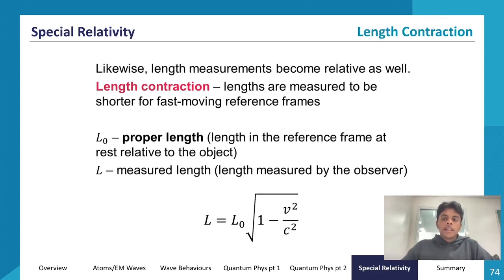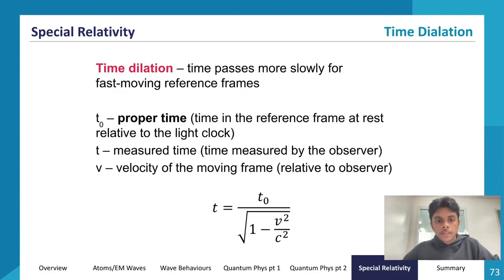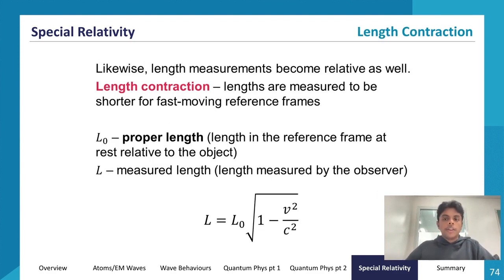Similar to time dilation, we have length contraction. So length measurements become relative as well. Lengths are measured to be shorter for fast-moving reference frames. So if I see a train 10 meters long traveling at close to the speed of light, that 10 meters will keep shrinking. So I'll see it at 3 meters maybe. Length gets contracted the faster and faster we go, to a person from an outside reference